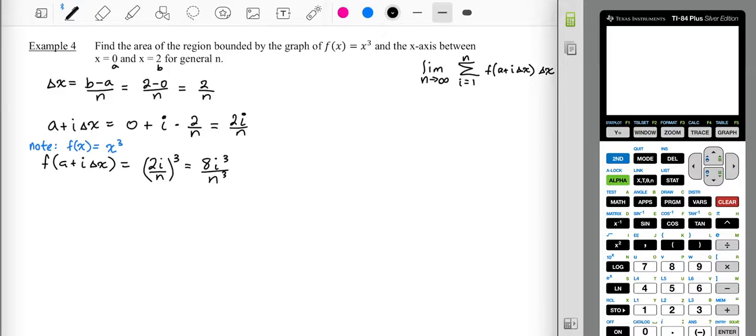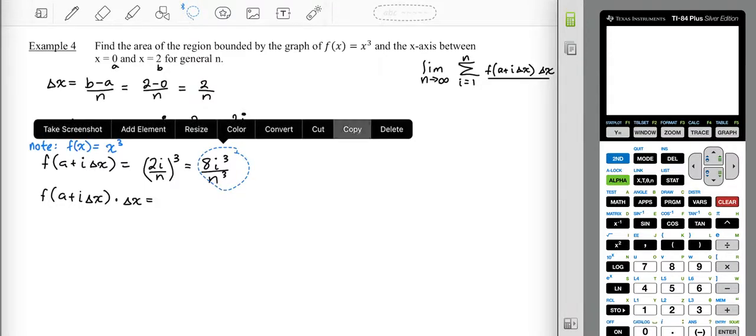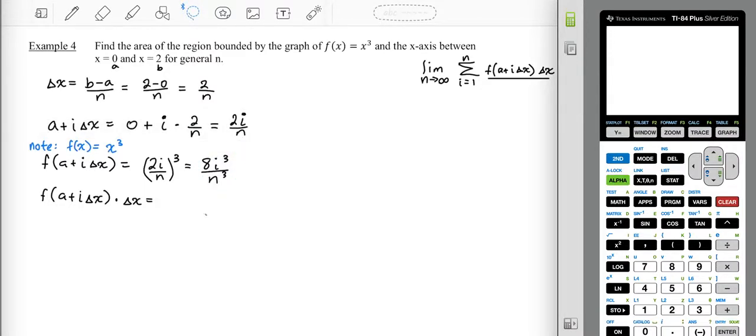All right. Then we need to multiply that by delta x. So f of a plus i delta x times delta x is going to be this whole expression multiplied by this,